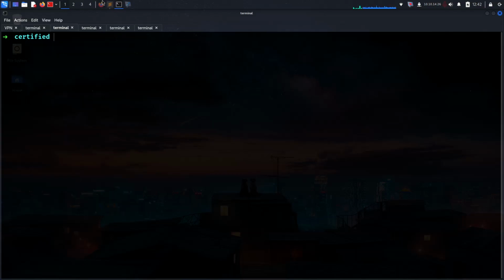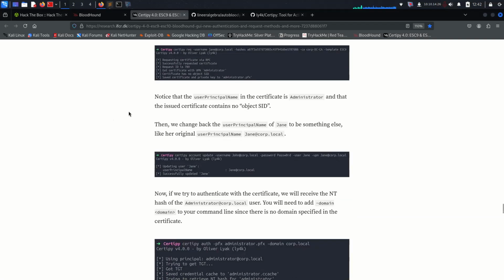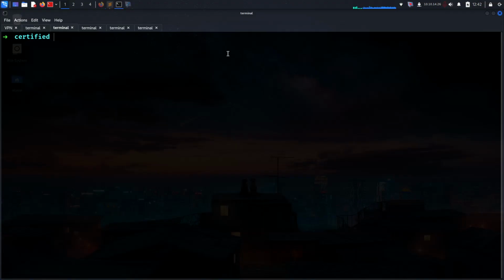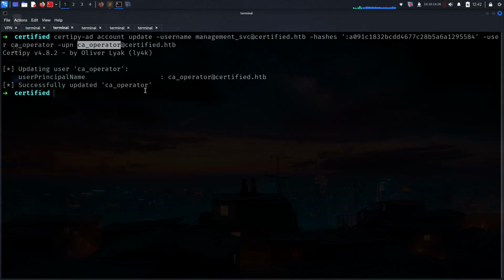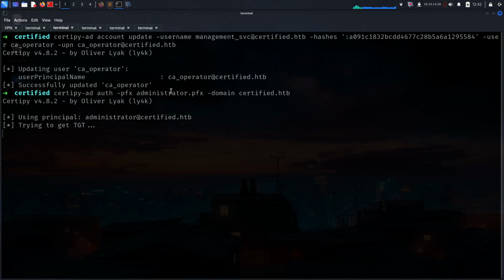So let's restore the original UPN here. We can change back the user principal name of Jane to something else, like her original user principal name, but it could be something else, not important too much. Now we restore the original UPN with Certipy AD account update and UPN, just changing with CA operator, and it will change administrator back to CA operator. Now we can obtain the administrator TGT with Certipy AD authentication, the PFX file administrator PFX, and we just need to give your domain